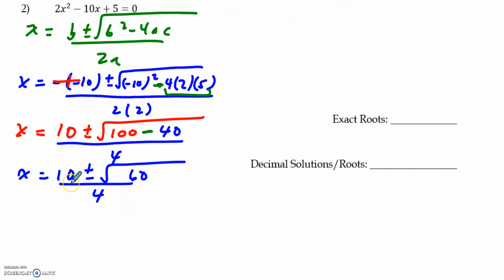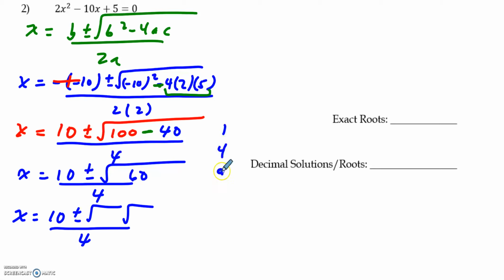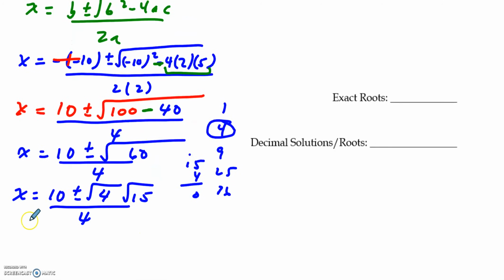As we talked about in class, these are not like terms because the 60 is under a square root, so we can't take a 2 or anything out yet until I take 60 and I split it into two radicals. Now, again, if I think about my perfect square list here, I think about what is divisible into 60, and again, it might be 4 that's my winner. 4 times 15 is 60. And just to double check that, let me just go through. Yep, 60. So what I can do is now reduce the 4 again to be 2 root 15 all over